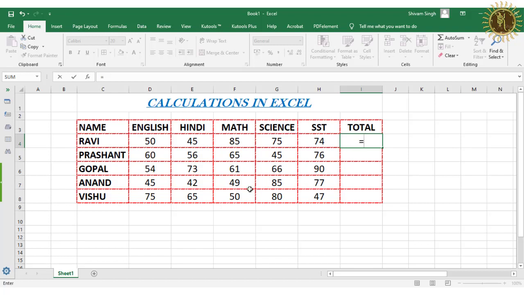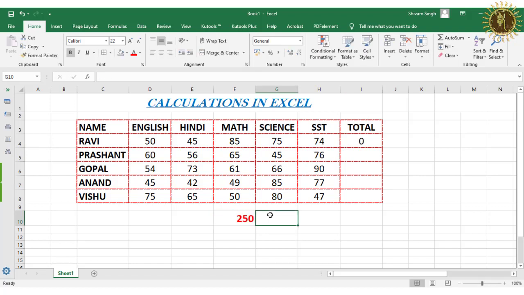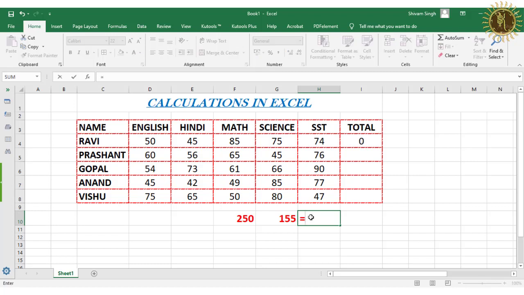And if you want to add any two numbers, suppose 250 and 155, and we want to add both numbers, so what we will write here is equals to 250 plus 155. So the answer is 405.